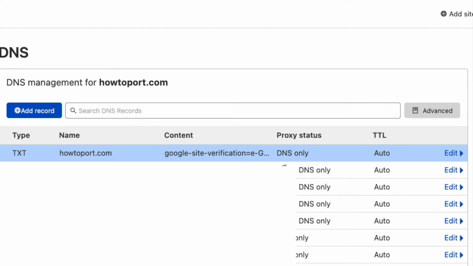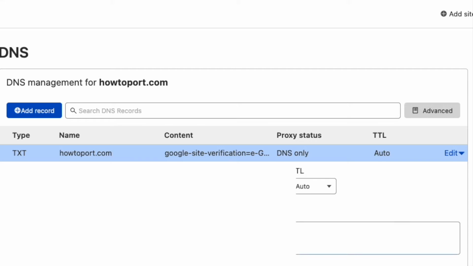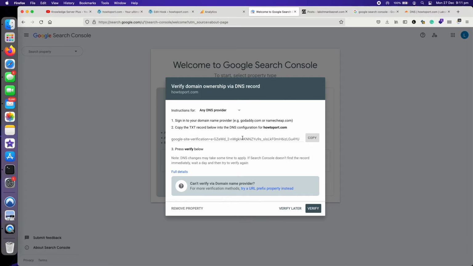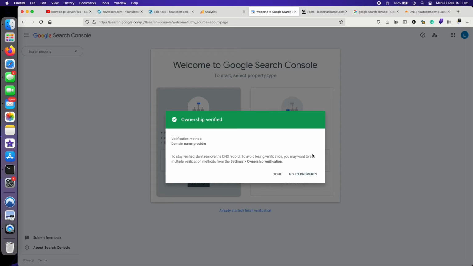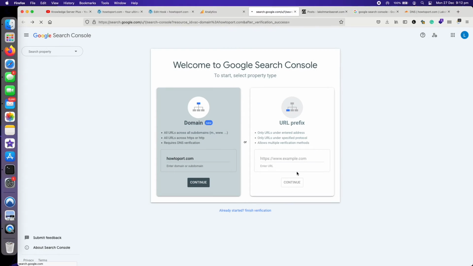And save it. So I've just added a TXT record here as asked, and then it might take some time for the DNS propagation. So let me tap on verify, and it will try to check if the TXT record has been added. So it says it has been added. That's it. So now let's go to the property,